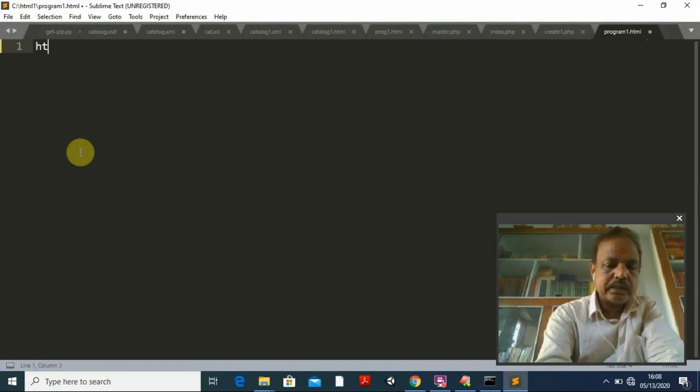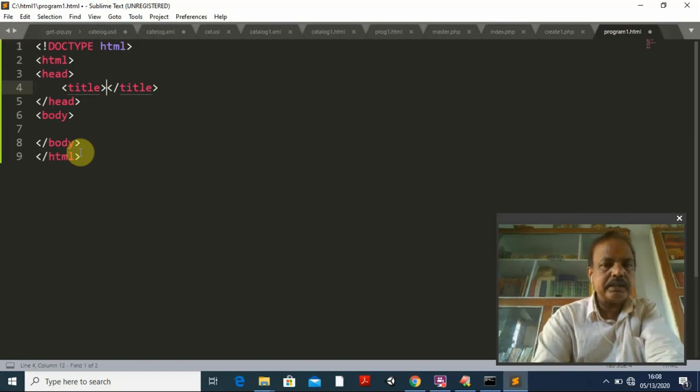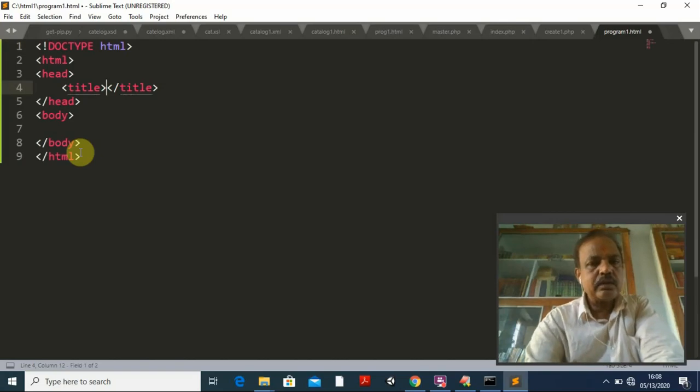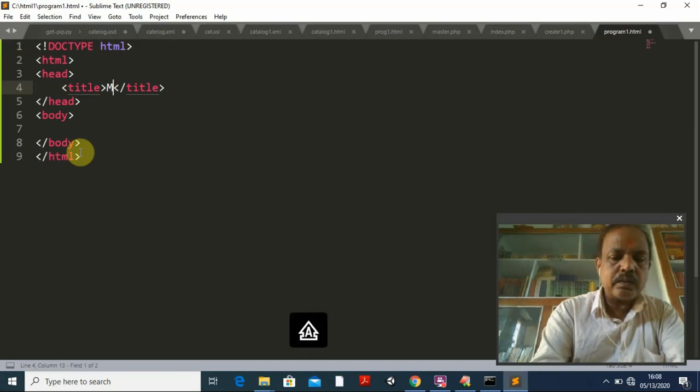Just type HTML and press tab. You can see the same code is automatically written in the template. For the title, write my first program.